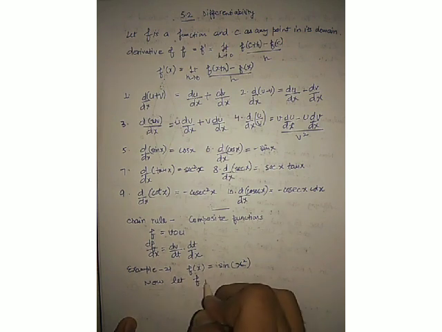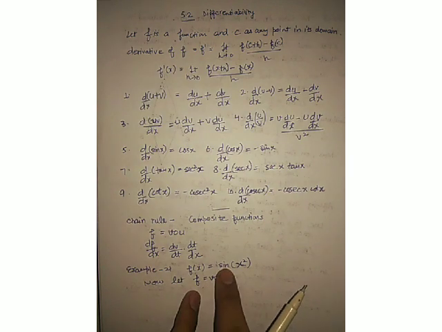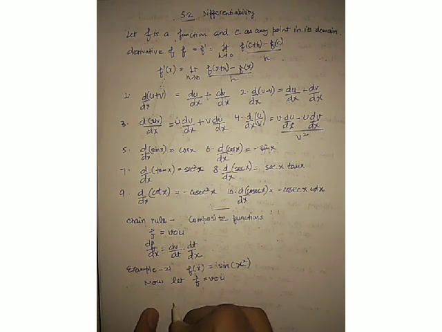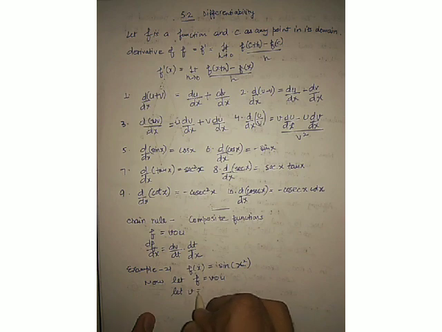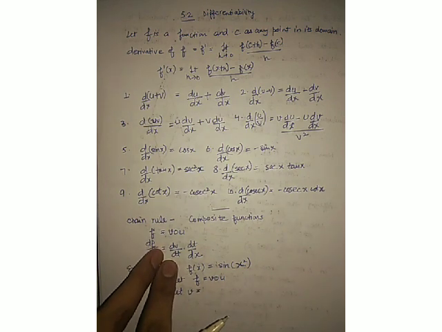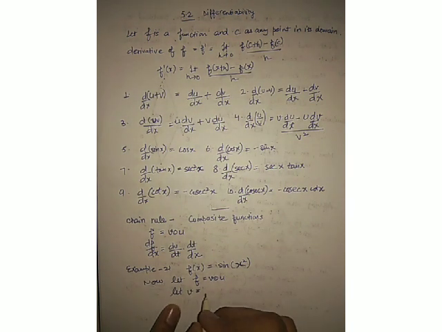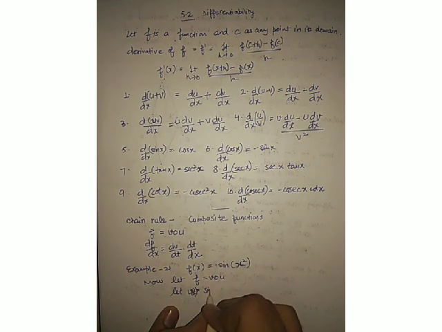Let f is equal to v of u. What is v? The first function will be v, and the second one that is inside v, that will be u. Okay. Now let v be equal to, now v will be differentiated with respect to t, so v must be a function of t, so v of t will be equal to sine t.